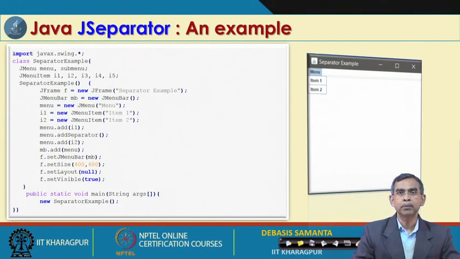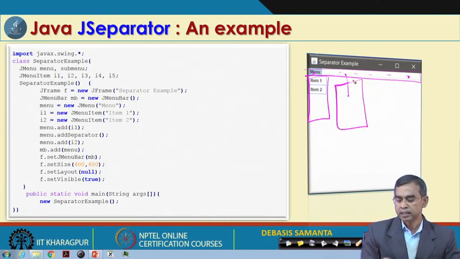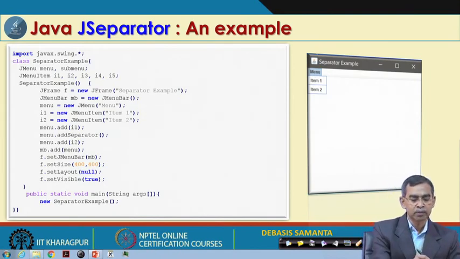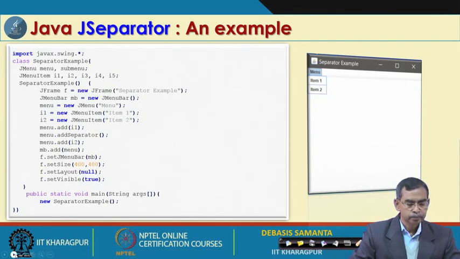Here is a simple example which shows the usage of JSeparator in a Windows program. As we see here, this is the JSeparator. It includes the menu, and whenever you click the menu, some items will appear. In the JSeparator some other things can also be added, like tabs and other menus, and if you select one, the menu item will be there. This is the usage of JSeparator in your program, and it is very simple, so you will be able to follow it yourself.